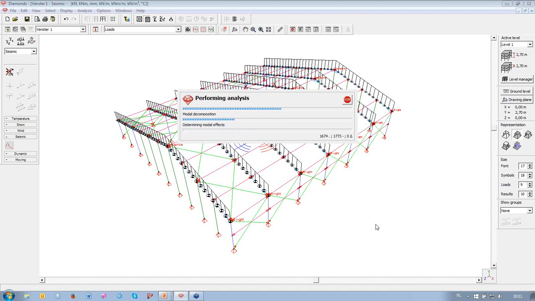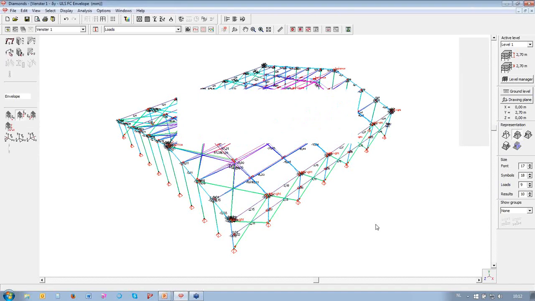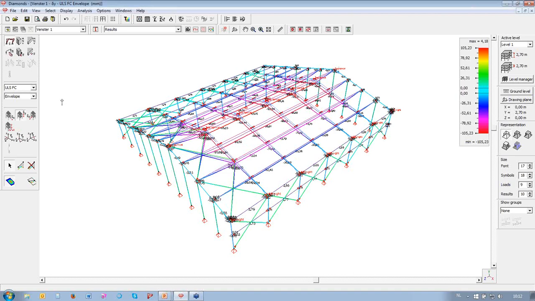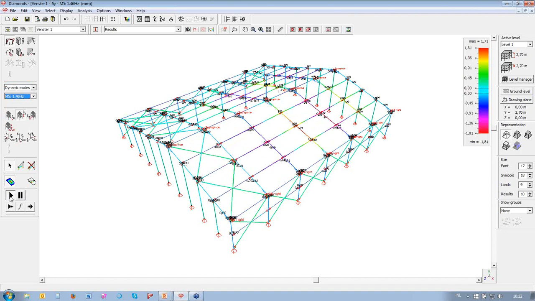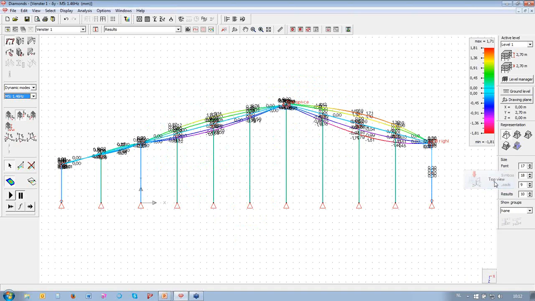So here we are in the modal decomposition. So the eigenmodes are calculated. And the nice thing about Diamonds is that you can really see the dynamic modes, the eigenmodes, and you can play them. It's very funny. You see really what is happening with the eigenmodes. Now, of course, the question always remains the same. Are the cross sections okay? Yes or not? That is why we can, and I'm just going to select one in the top view,